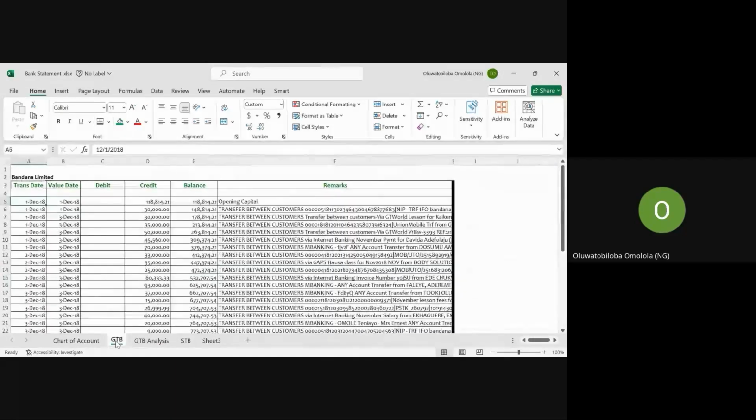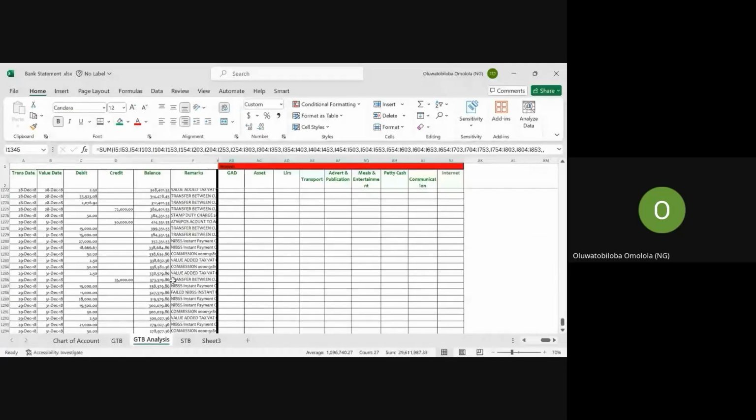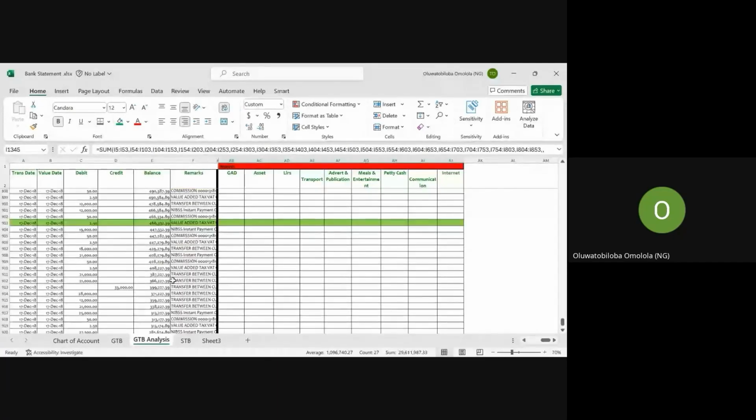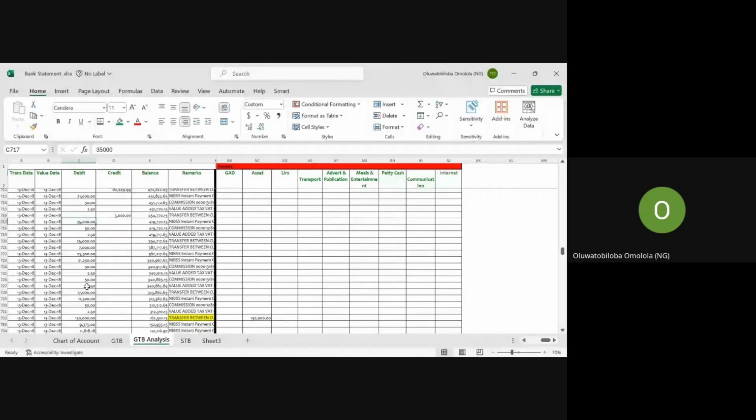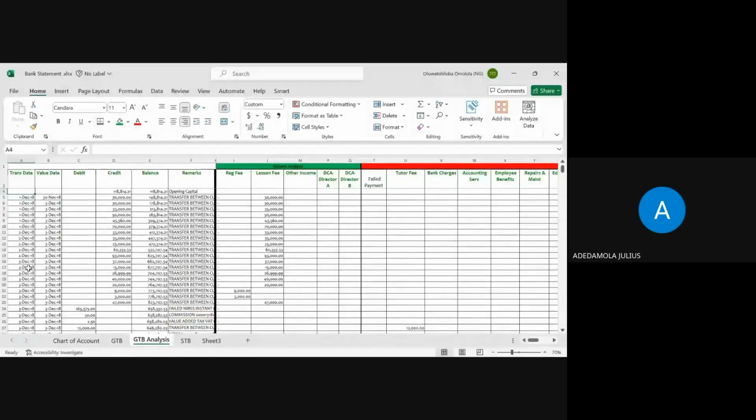So now what you will be required to do is to map a particular balance. So that's another work that you now do. So what about your opening balance? Someone has already caught one of them. Yes, so that's one of the things that was not mapped here. So this opening capital now